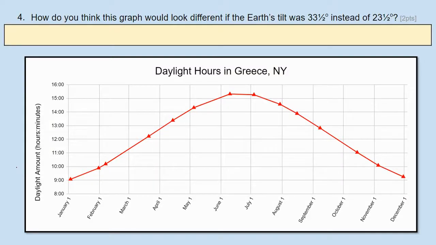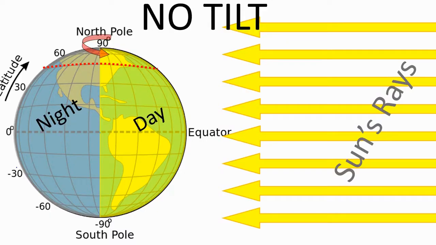How do you think this graph would look different if the Earth's tilt was 33.5 degrees instead of 23.5 degrees? Well, let's first take a look at what would happen if there was no tilt. If there was no tilt, then every place on Earth would have an equal amount of day and night as